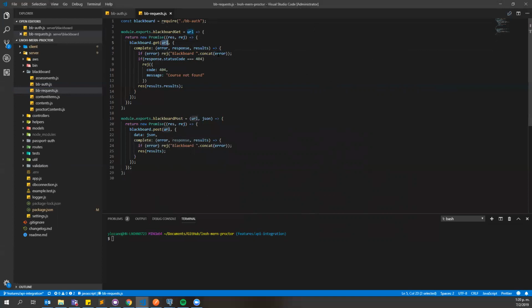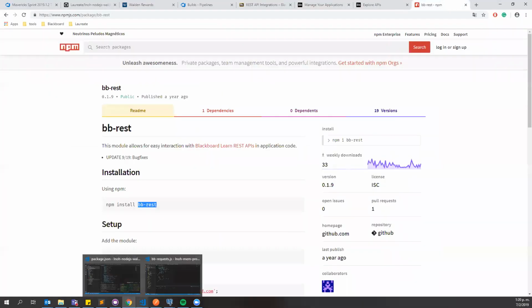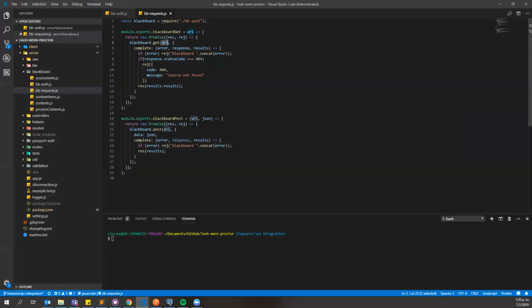I forgot to mention that this bbREST library of npm is a little bit old. So the best way that you can use it is making a function where you return a promise, because this way you will have an asynchronous response, making a reject if it's an error,